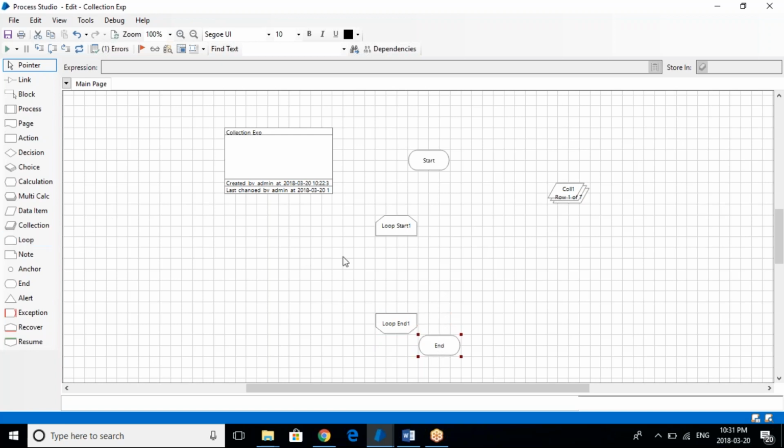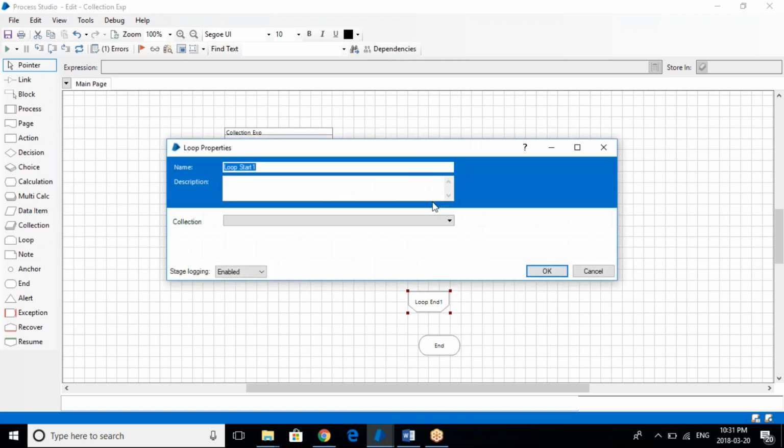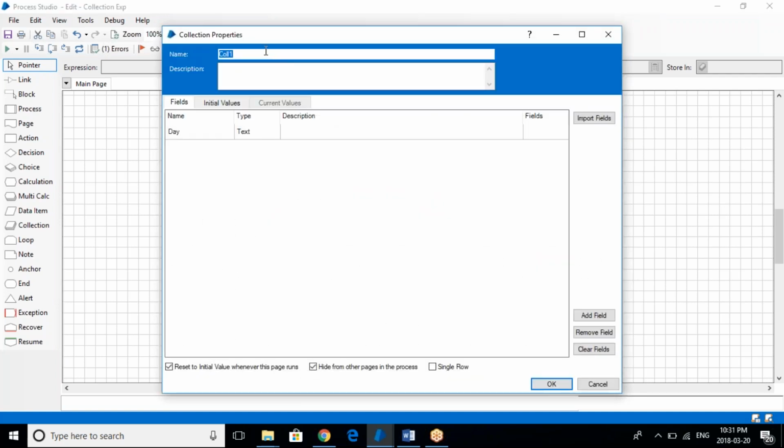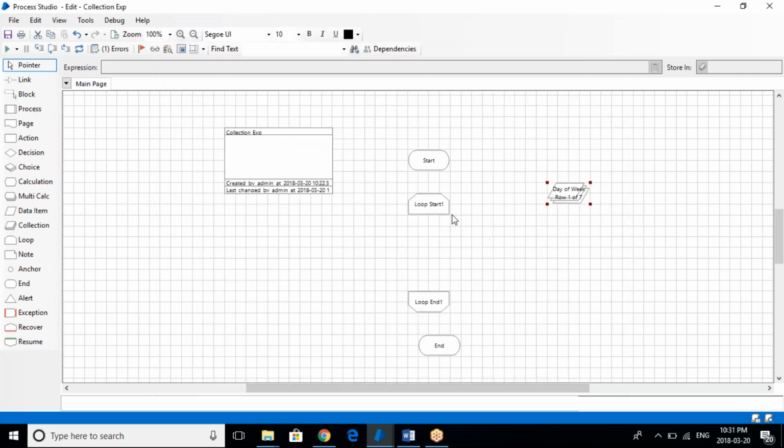As soon as you bring the loop stage, it gives you loop start and loop end, right? Loop start is nothing but, as soon as you click it, it gives you the option here, collection. So what is the name of the collection through which you want to loop? I gave a collection called collection one here, right? Just rename it. You say, like, day of week, click OK, and